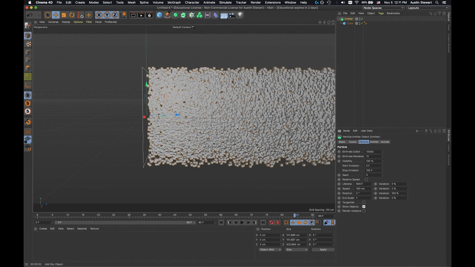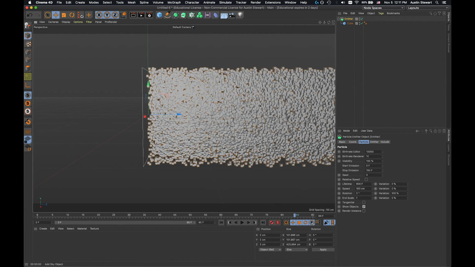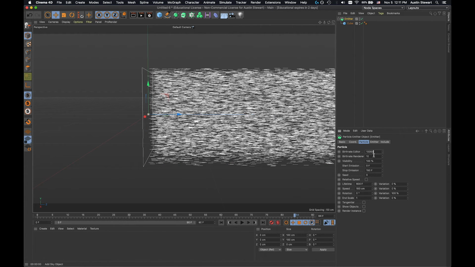Because this would make my life impossible. And that is, I don't even want to do it. All right, I can rotate my view barely, but that is an immense number of objects. So I'm going to turn that off. But there are times when you would want potentially 10,000 points. So I'm going to turn show objects off, and I'm going to wait for that to update because my computer